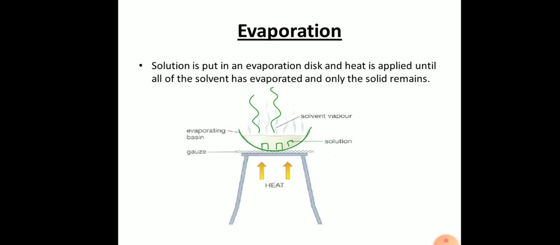Then this evaporation process is mostly done with the salt solution for separating salt from water. On a large scale, it's done in the outer atmosphere where salt is separated from the ocean water, which is salty. Okay, so this is a very easy task where the solid is separated out from the liquid by the evaporation process. The salt is separated from the water.